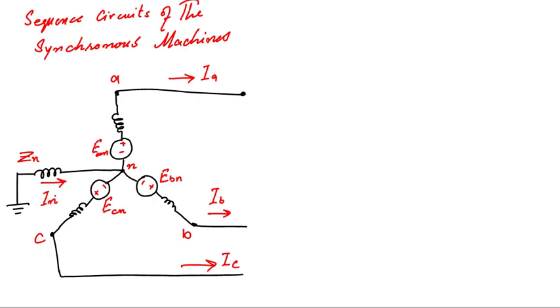Here in this diagram, a three-phase synchronous machine equivalent circuit has been shown, that is three-phase equivalent circuit. Here we can see the three phases consist of the induced EMF in series with the synchronous impedance of the machine. Synchronous impedance consists of synchronous reactance and the resistance of that phase. So this neutral of the machine is connected to ground through impedance Zn.